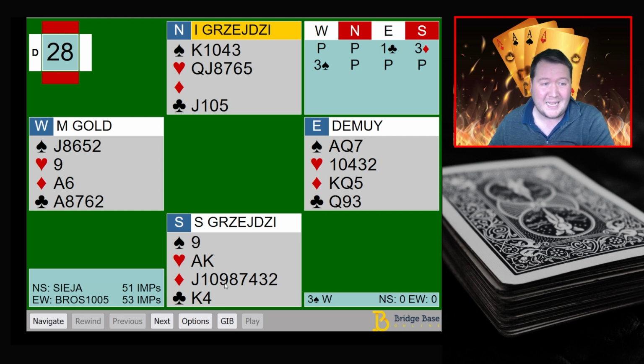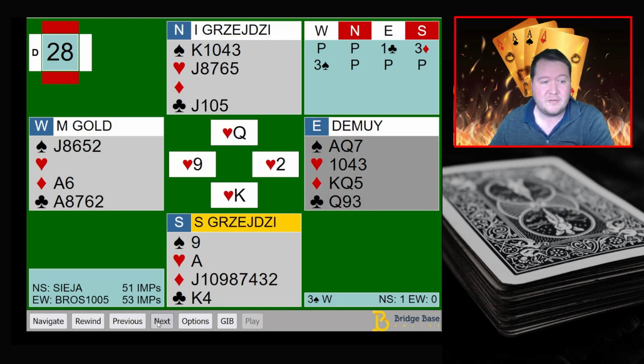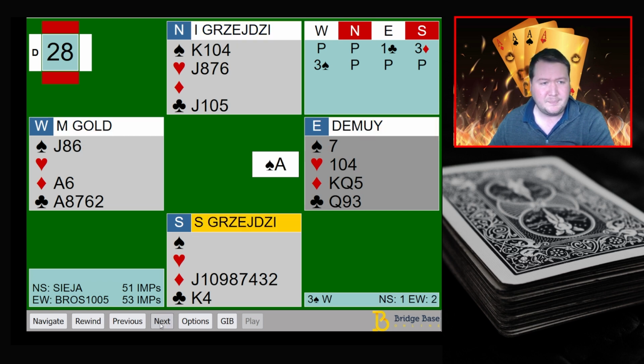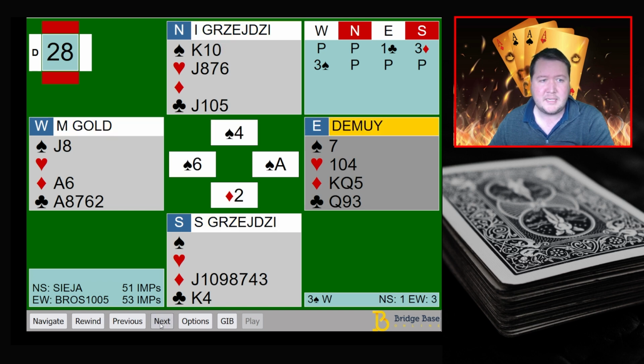So here's the whole hand. South's actually got 8 diamonds and the ace king of hearts. But here they elect to lead the queen of hearts, which goes over to the king. And they try taking the ace of hearts, which forces West to ruff. And now they play a spade to the queen and ace of spades and run into the bad news of